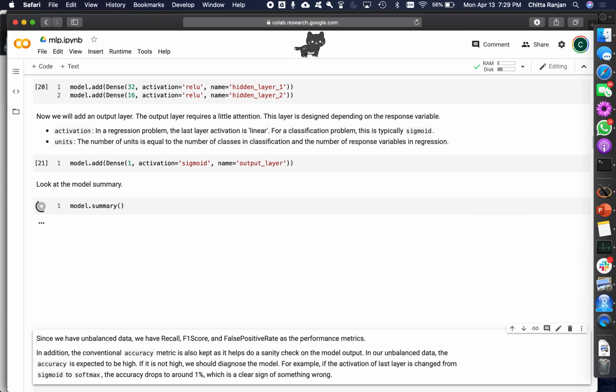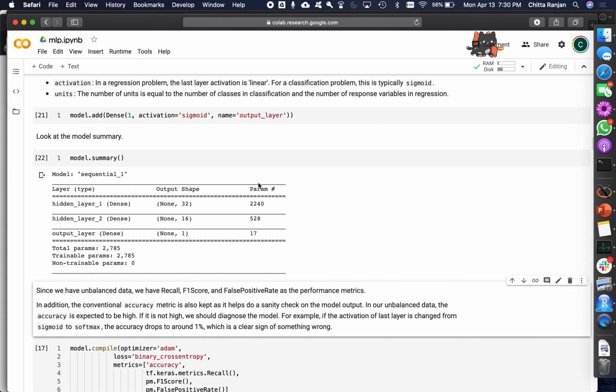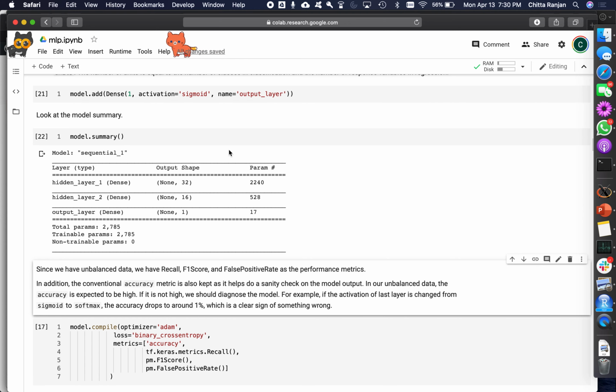Then I look at the model summary just to get a feel of how my network looks. This is showing the shape of your outputs from each layer and the number of parameters. It is good to have a look at the number of parameters in your model and the shapes here, whether they are all looking compatible, and whether your model has become too large to handle or not, given your data size. Things look reasonable here, so I'll move forward